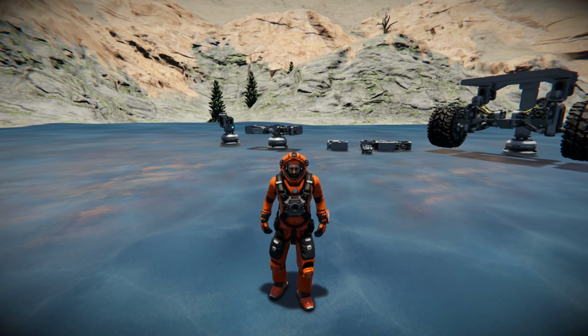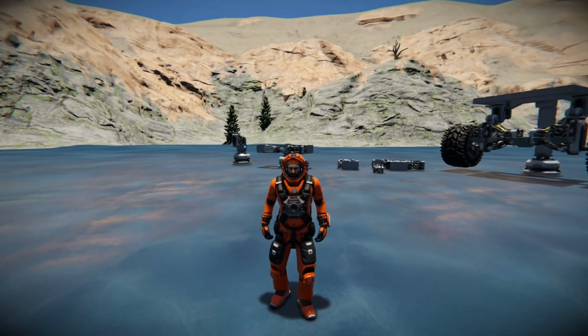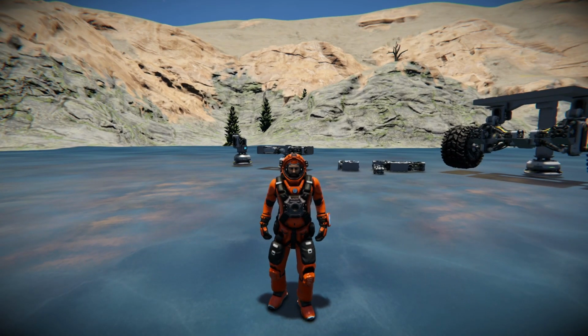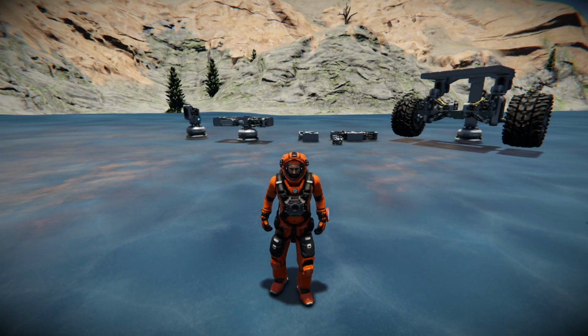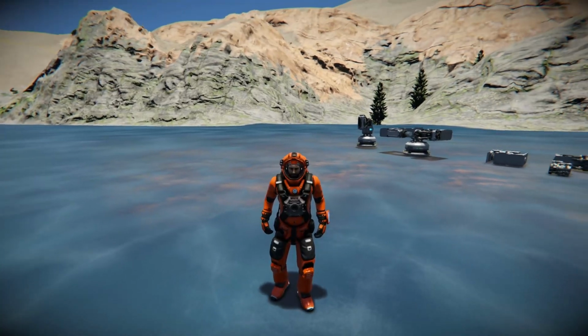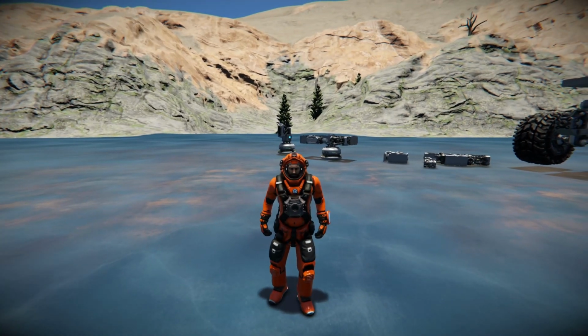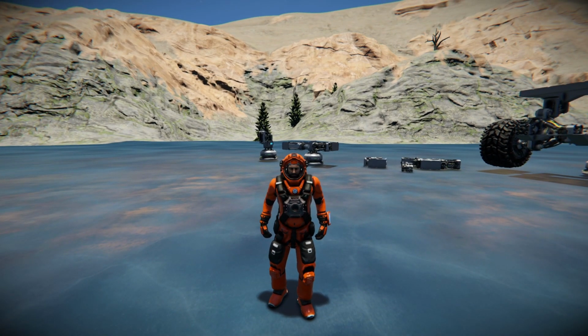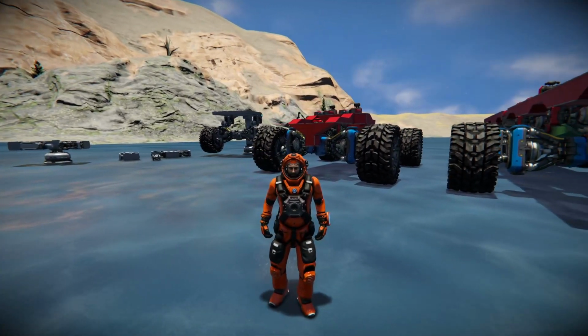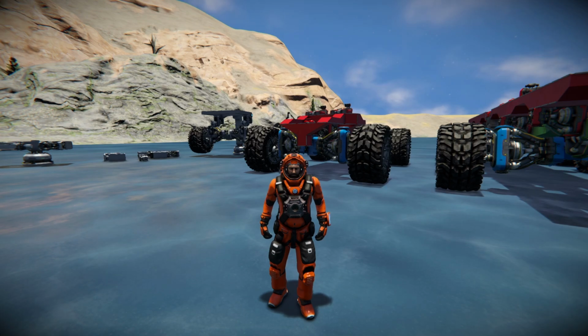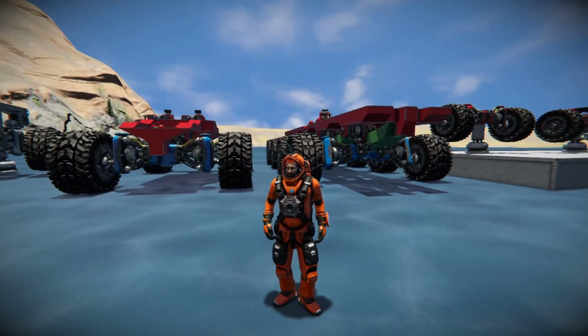I make the wheels with rotors, like rotor heads instead of the actual wheel blocks. So I'm going to show you two techniques. Both are modded, but once you've done it, you don't need any mods to use it in a world. It's basically just using mods to actually do it. So yeah. And final thing before we start today's video, a couple of you guys were asking, hey, how do